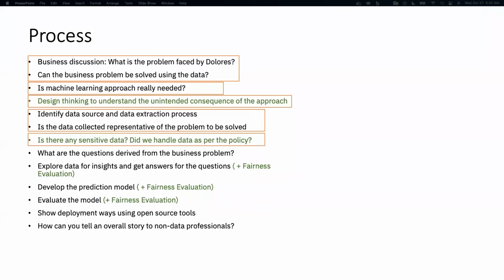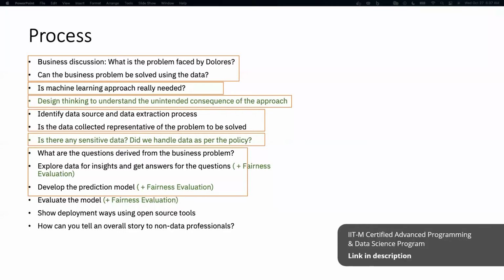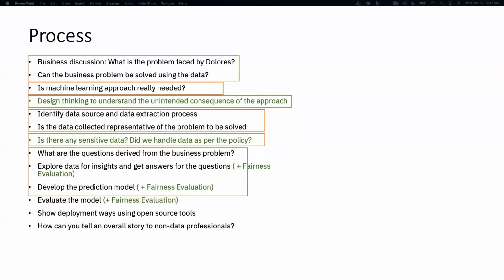How can you make sure that the data you're handling is in accordance with all the rules and regulations imposed, right? And next, once it is done, we convert our business problem into a data science question. We explore, we extract answers from data, and then we develop the model as usual, right? We develop the model, we use different frameworks available, and then we evaluate the model,